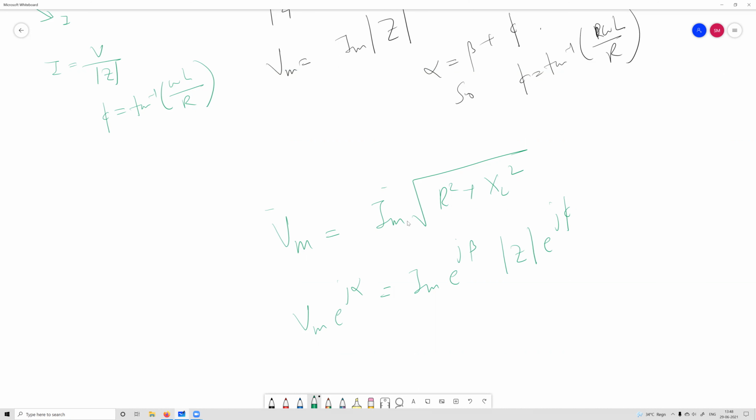So how do we know that the imaginary part will be with XL only and not with R? Okay, this is the convention. This is the convention. Also, you will see when we discuss power. Oh, did we discuss power at all? We didn't. Okay, we're coming to that. Then this phi has an interesting property.